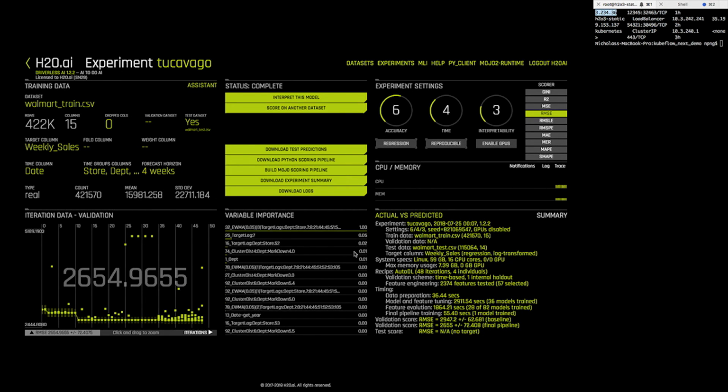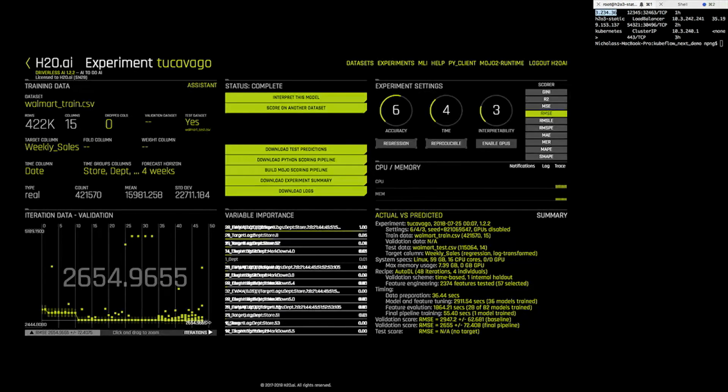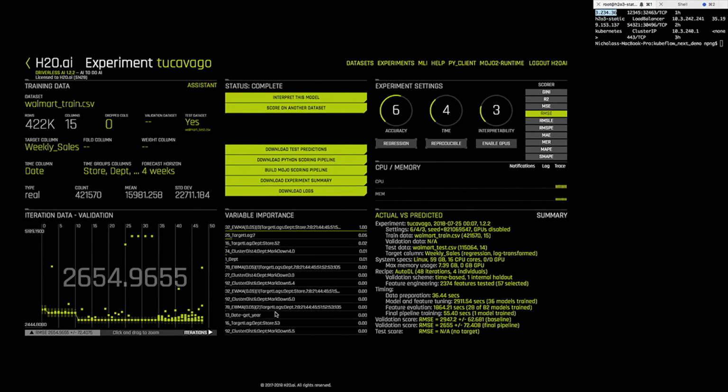If we had given it more time, if we had made it a little bit less interpretable, if we had prioritized accuracy higher, it would progress a little bit more. But for these settings, this is what you would expect: over time it progresses and finds a certain point where it stops because it decided this was good enough.